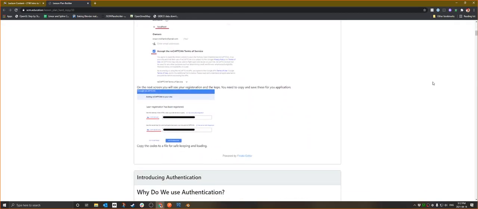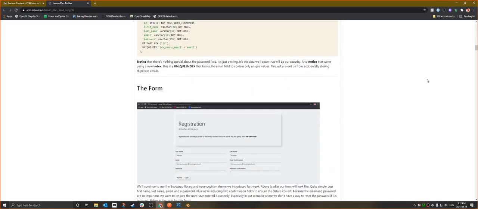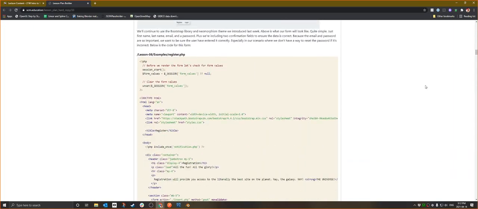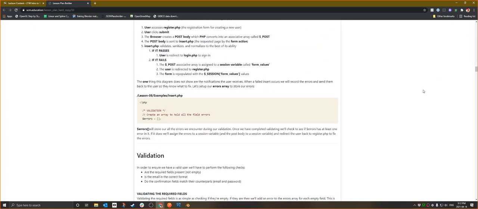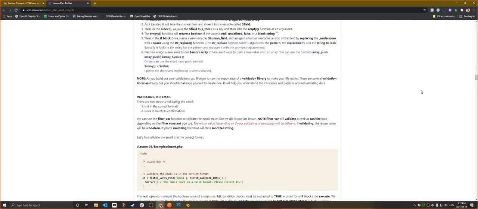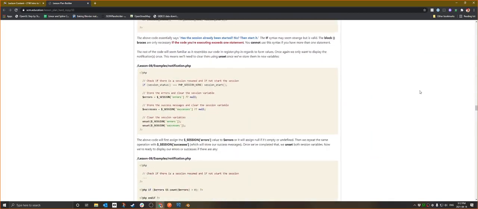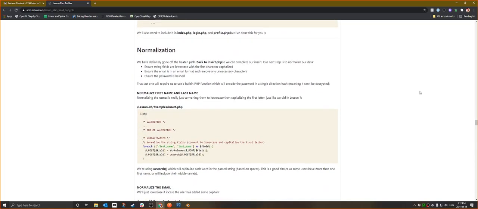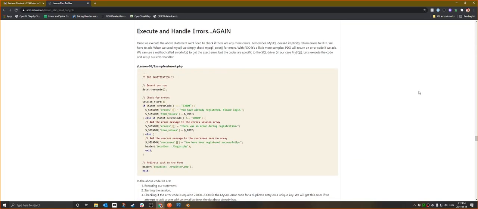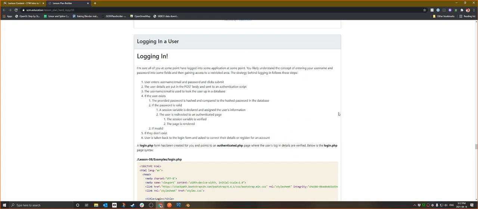So we had covered Google Captcha the week prior. The following week, or sorry, that same week, we had done our registrations of our user. And then once we were done all of that, we got into not notifications, not normalization, logging in our users. And that's where we started taking a look at password verify, which was the cousin to